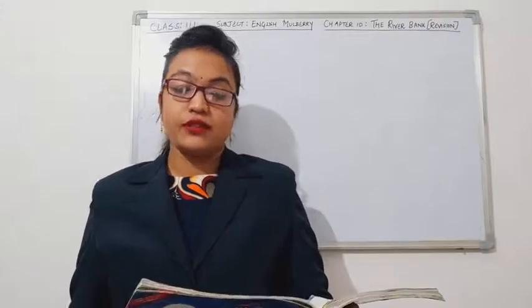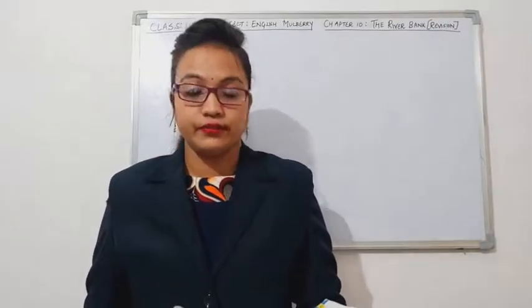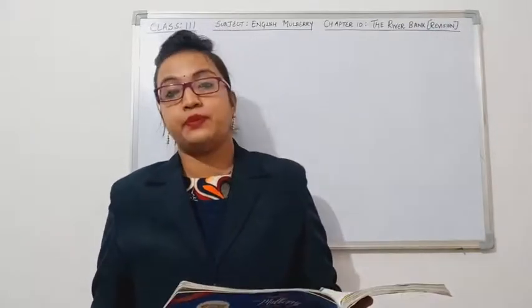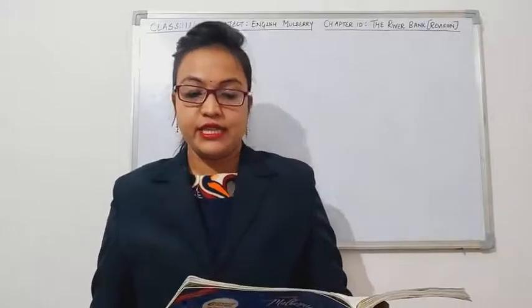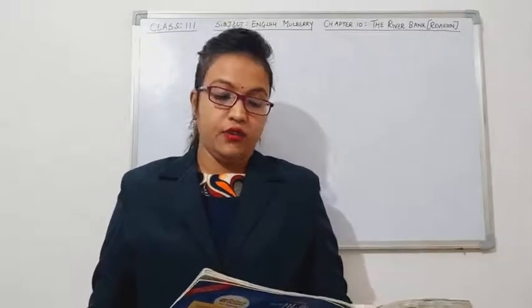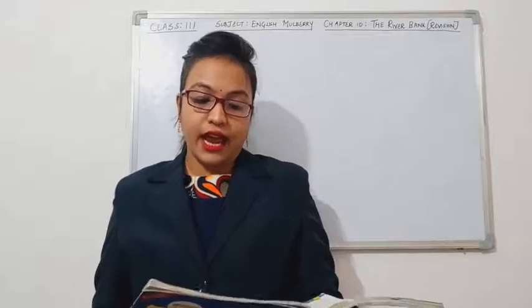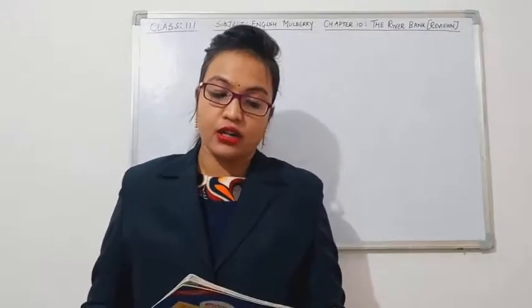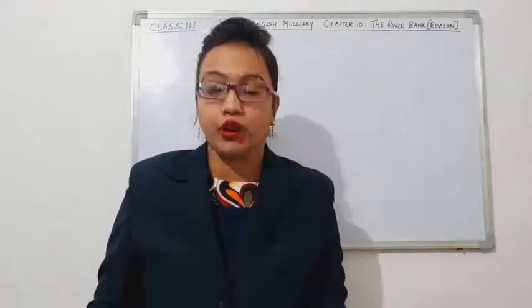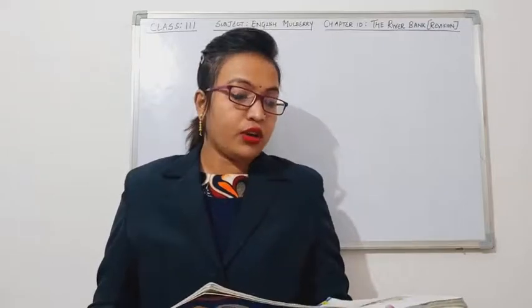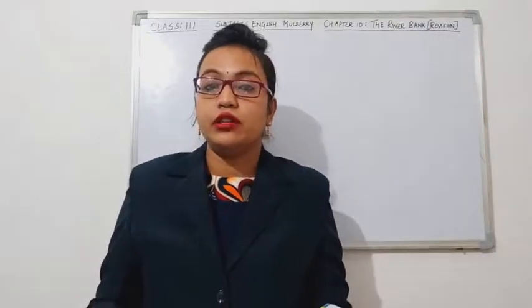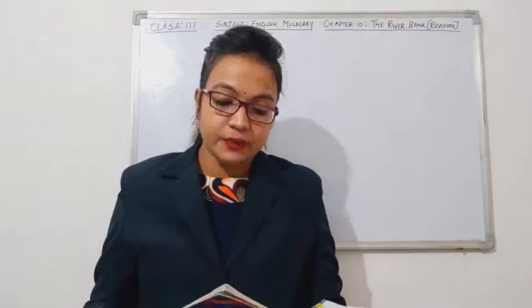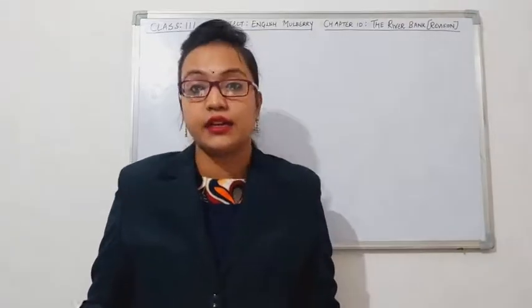Choose the right words to answer the questions. Five words are given. The words are calmly, expertly, soft, fascinated and wonderful. First question, which word describes how the rat rode across the river? So how the rat rode across the river? He rode smartly across the river. The word similar to smartly is expertly. So the answer is expertly.